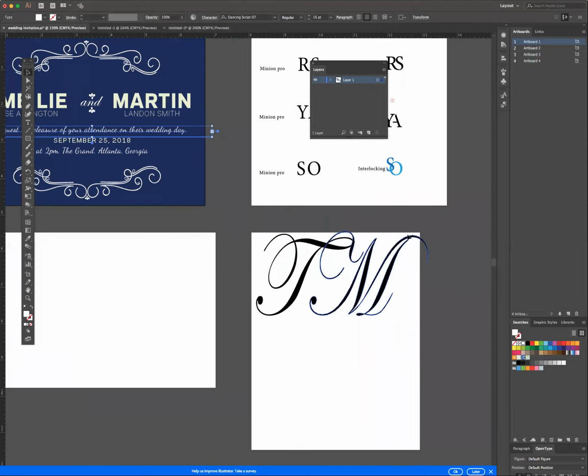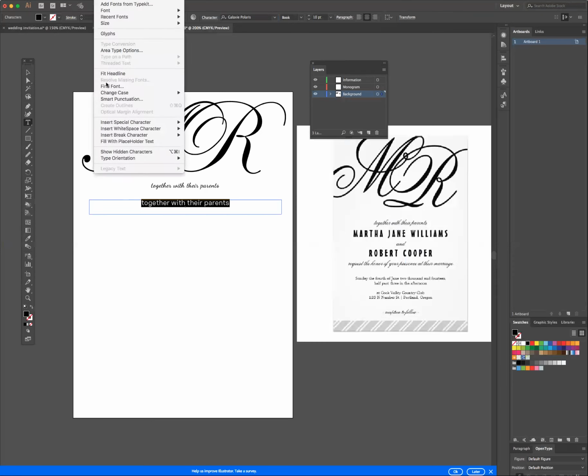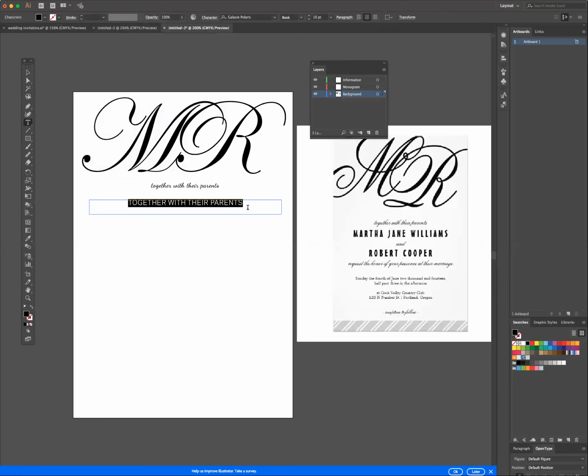Let's see. Guess I didn't save it. That's okay. All right. Now you need to pick two contrasting fonts. So what I'm going to do is grab a sans serif font, and I'm going to make this uppercase, and I'm going to do a bold,